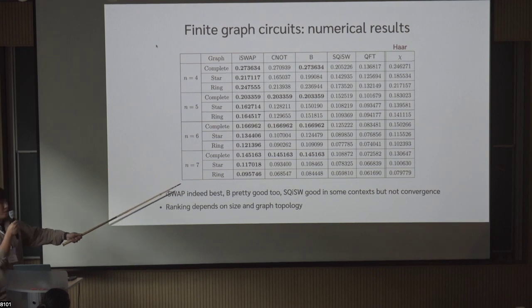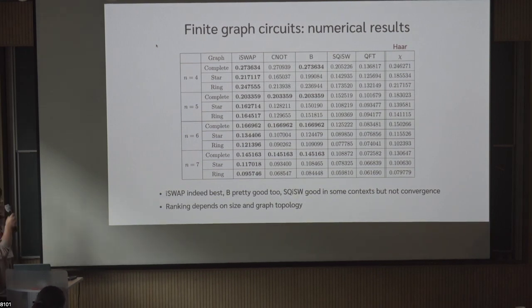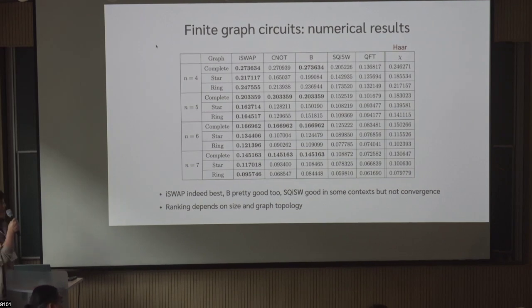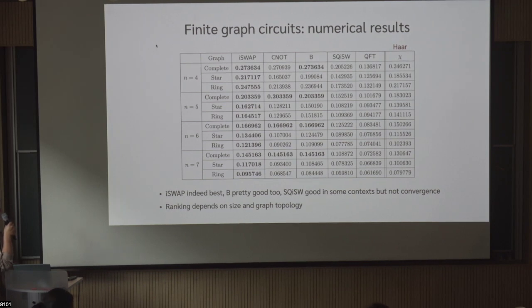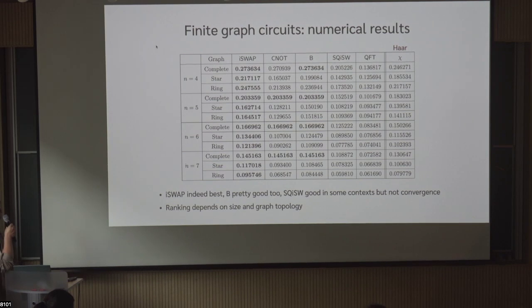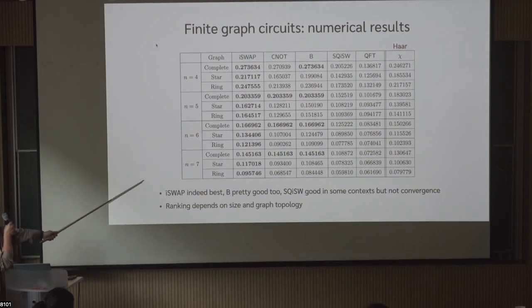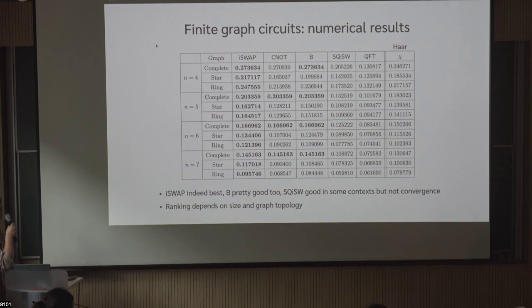And in response to John Yang's question, the last column is the gap given by a local exact 2 or 3 designs given by the Chi gates, right? But we see that among all these examples, they are always smaller than some other choices. So that's what I mean by the local Haar random gates actually give rise to slower convergence in a global sense. And another tricky thing is that the ranking of the gates actually depends heavily on the specific parameters or graph topology that we choose.